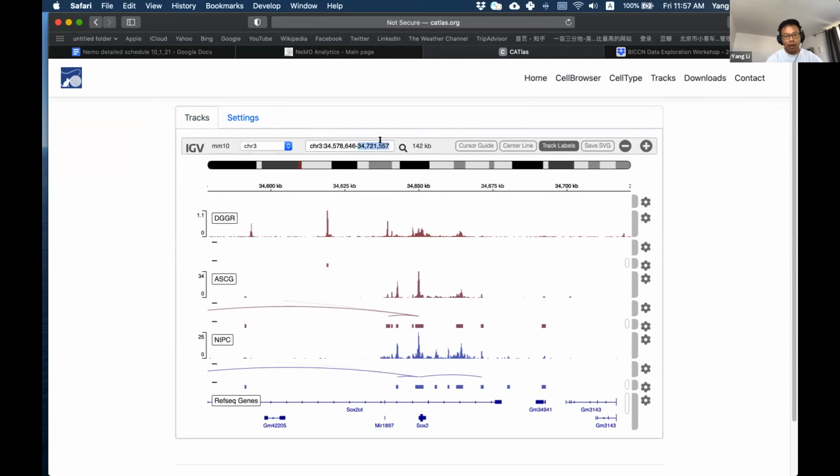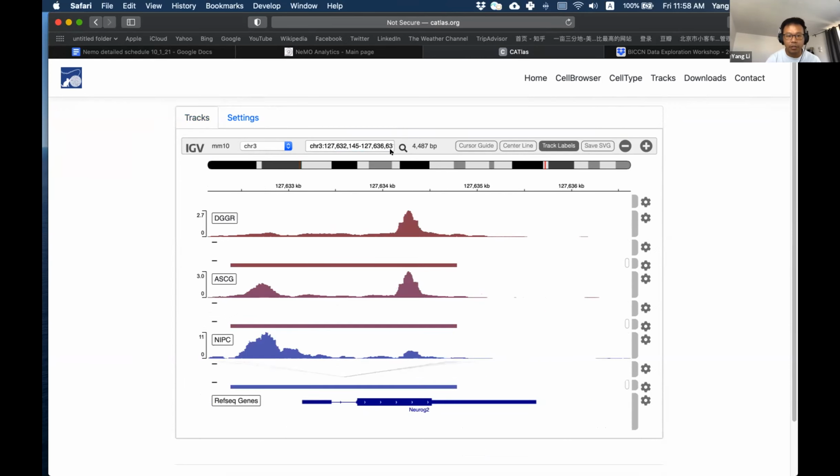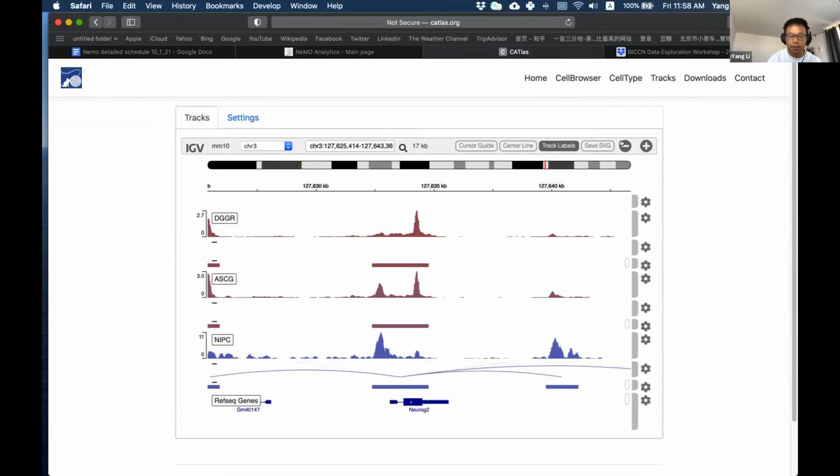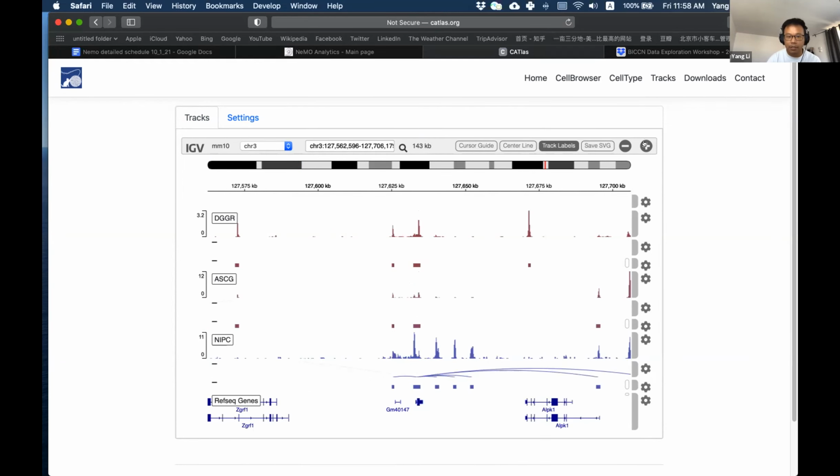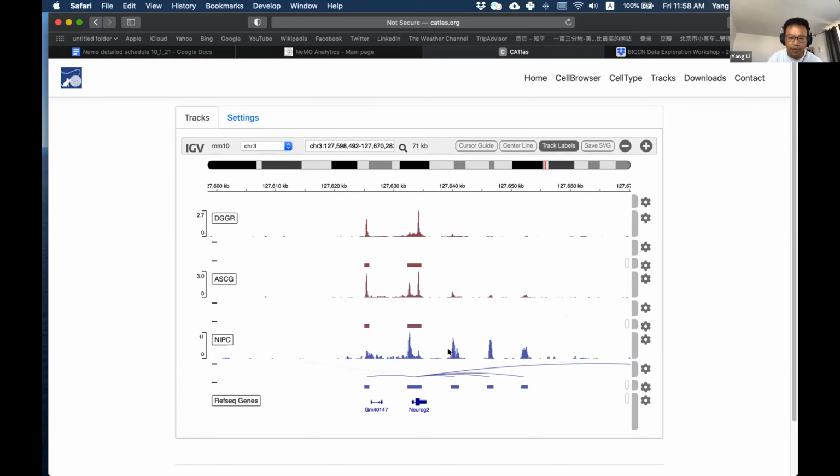Okay, so I want to show you one way to navigate to your gene of interest. For example, here I want to use Neurog2 as an example. You just type the gene and click enter. It will direct you to the signal tracks surrounding Neurog2. As I mentioned in my slides, there are three candidate enhancers associated with the expression of Neurog2 in the progenitor cells.